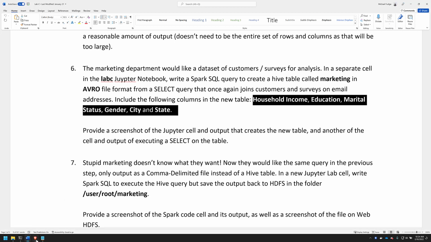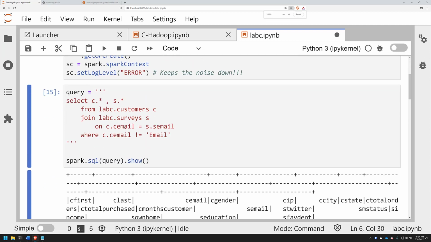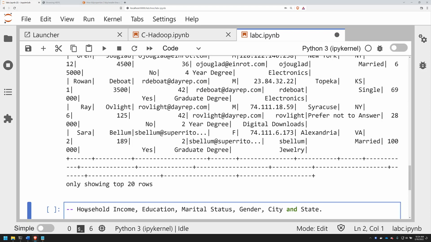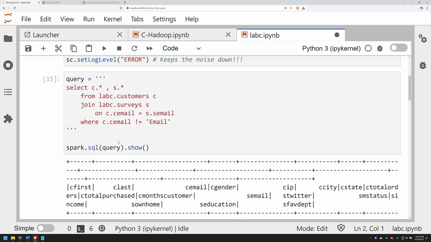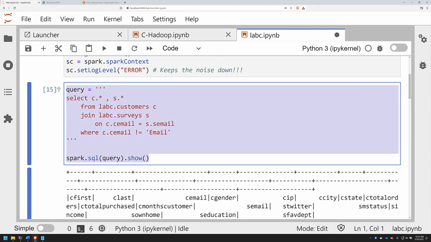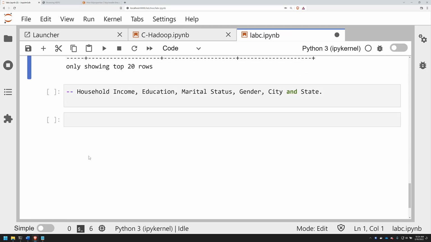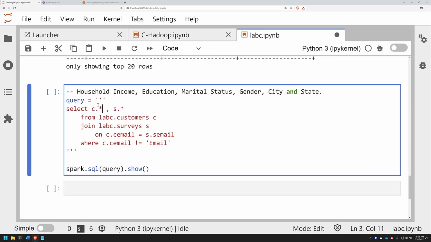Let's go over and take a look here. So here's my code from before. And let's make another cell. And I'm going to paste in this information. And I am going to grab the code from before, because it's good code. And let's drop that down here, like so. And I want